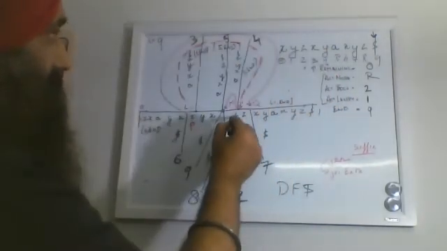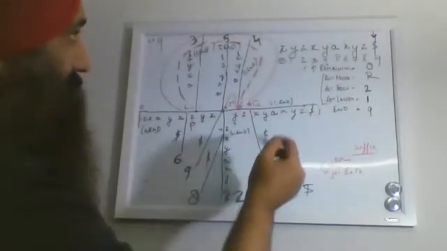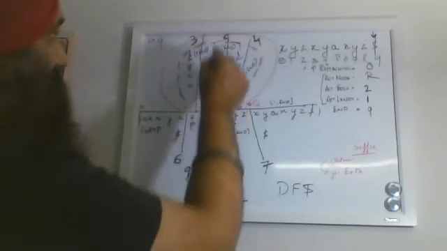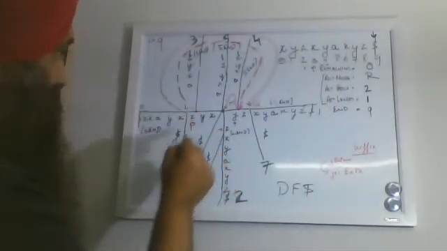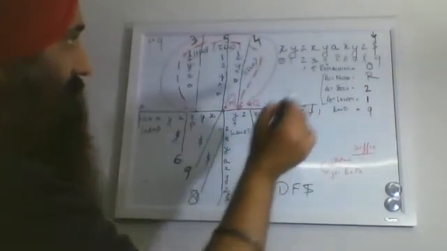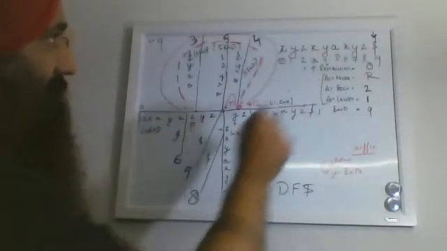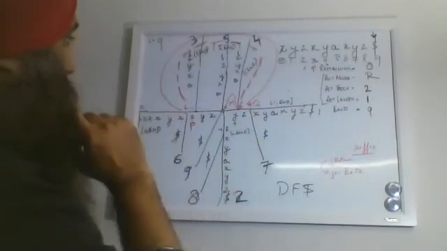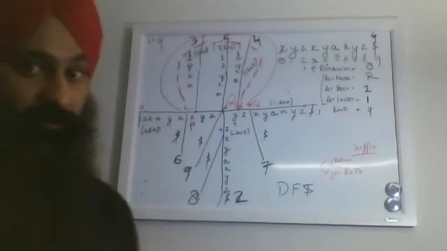This is 4. Y, A, X, Y, Z. You get this 5, which is A. This is 5. A, X, Y, Z. You get this 6. X, Y, Z dollar. You get 7. Y, Z dollar. You get 8. Z dollar. And last is this dollar, 9. So this is our suffix tree. We got the suffix tree created. I hope you understand this example.